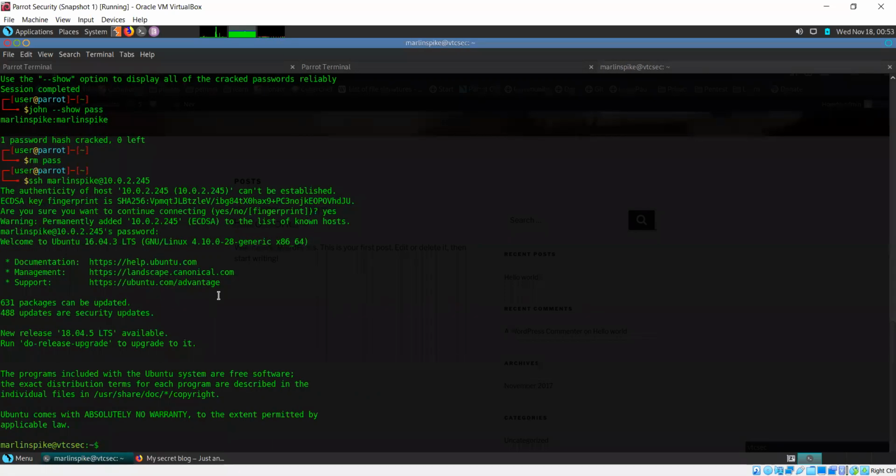SSH is simply a way to allow you to log into a system remotely and, of course, securely with encrypted communication. You will only be able to log in if you have credentials for a user account on that system. So with SSH, let's say you're logging onto your system remotely. In order to do that, you need to know the credentials of your own account in order to log in.